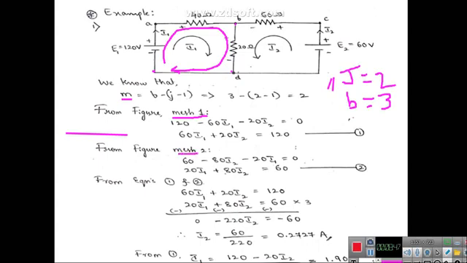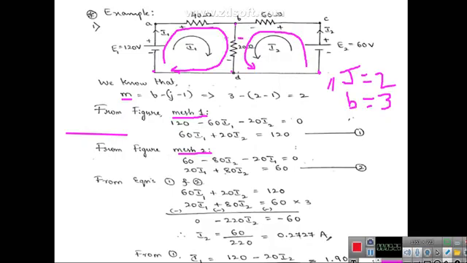For mesh 2, you can start from this node or any node, and end on that same node while writing the mesh equation or loop equation. So if you start from this, you can travel this mesh or loop in this direction as per the direction of the mesh. While traveling, you are going from negative to positive terminal, so the polarity of this source is positive because it is a rise in voltage. Here the polarity of this drop is a fall in potential, so that drop will be negative. Here also the current is in the same direction.